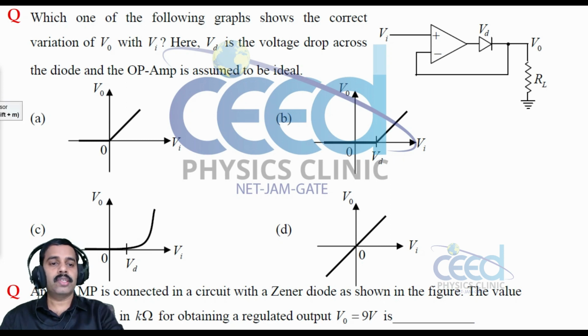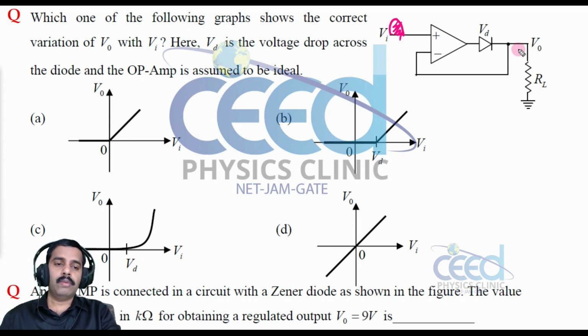So when I consider this equation, suppose you give a positive signal here, then only we have the output, because we have a magnified output here. That passes through this load only if the diode is forward biased. So we have to give a positive signal here to produce an output here. So during the positive half cycle only we have the output. During the negative half cycle we have no output.